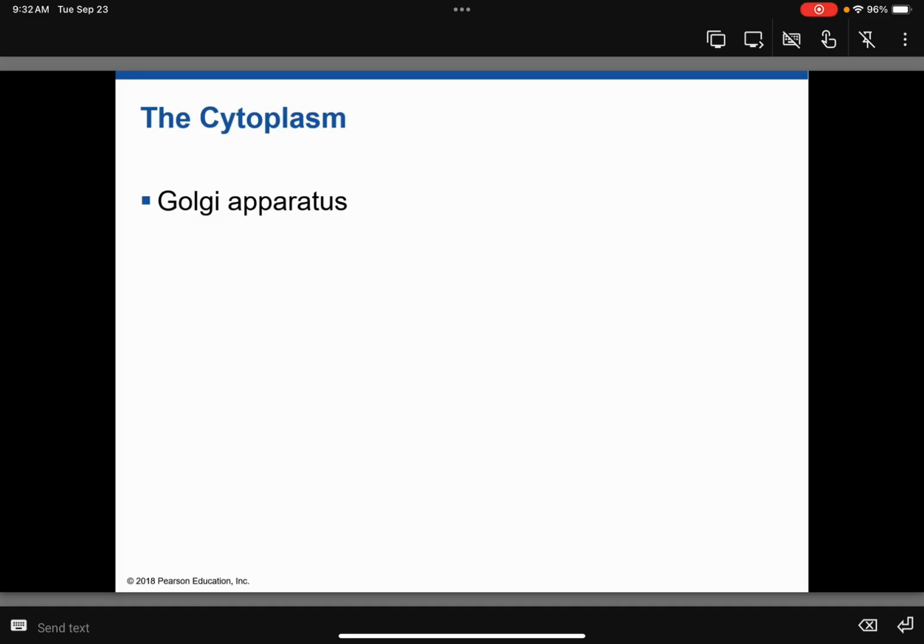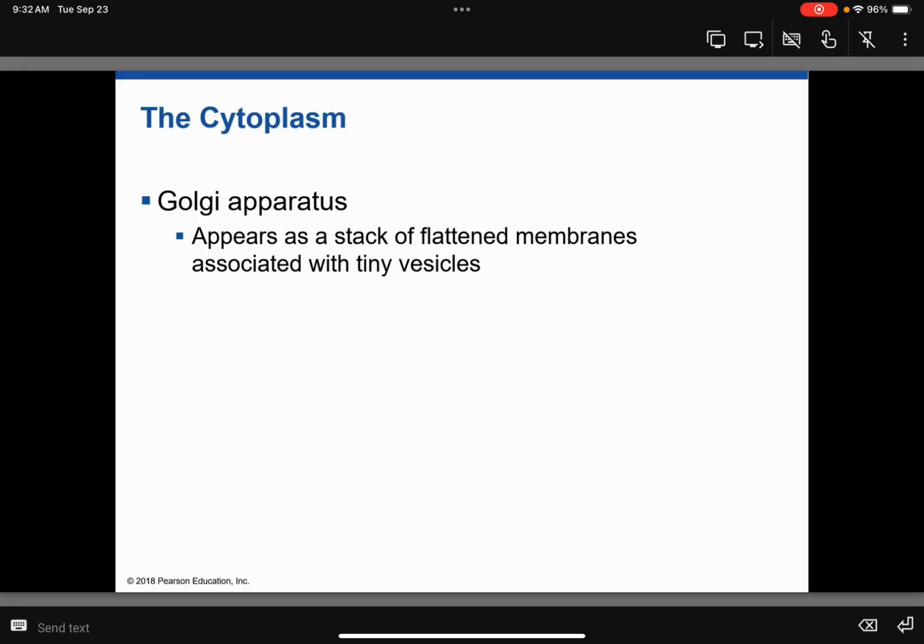Okay, our next organelle is our Golgi apparatus. It used to be called a Golgi body. They changed the name to apparatus. Not quite sure why, but